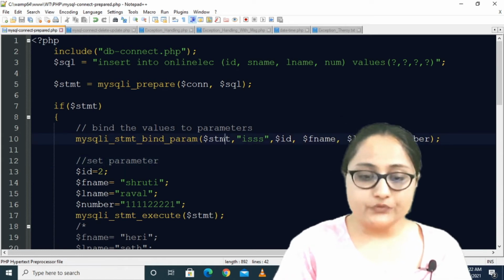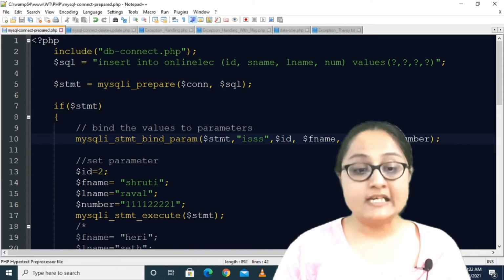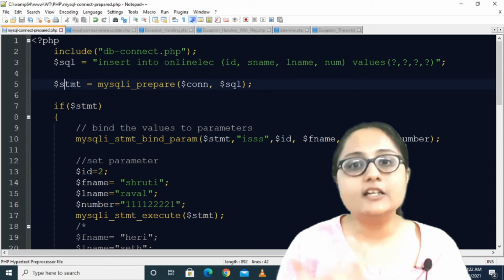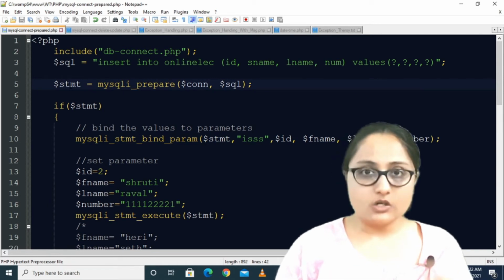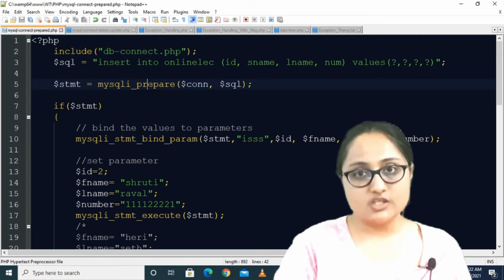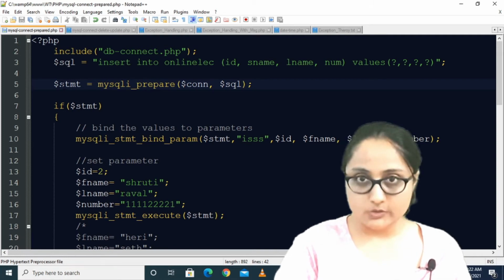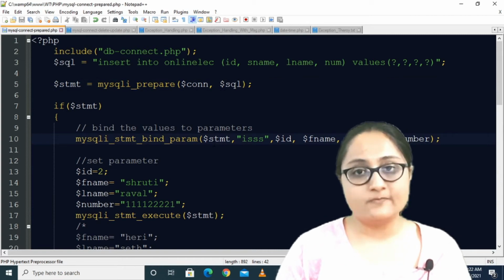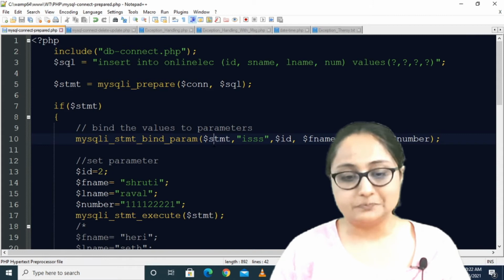The first is the variable in which we stored the compiled query. $stmt was the variable in which we stored this prepared and compiled query, so the first parameter is $stmt.